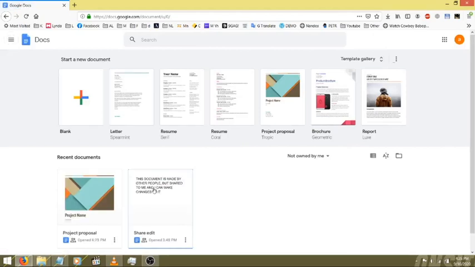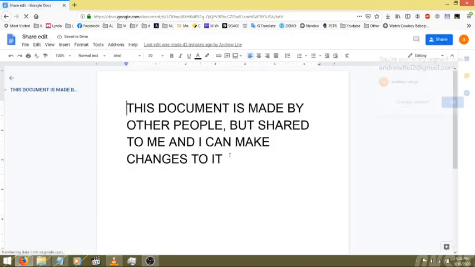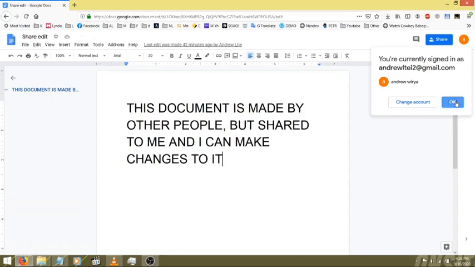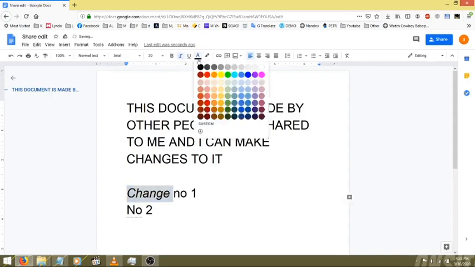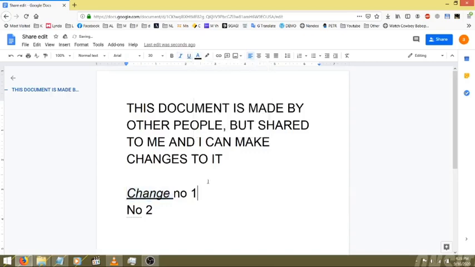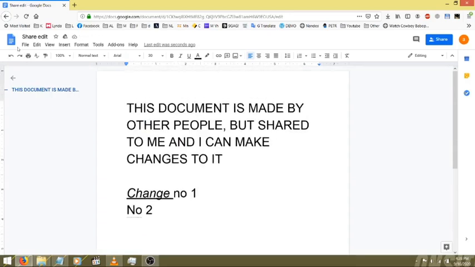Now let's open this next document. In this document, I set the access right as an editor. I can make some changes to this document. For example, change number 1, number 2. I can even use other features if I want to. And basically, I'm another writer of this document. That's how an editor works. So let's go back to the document home